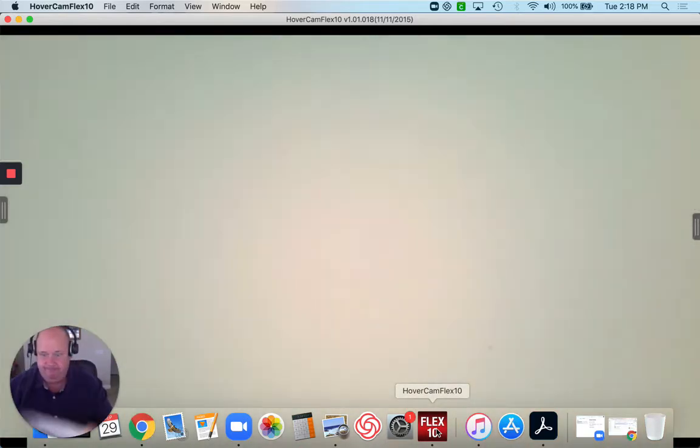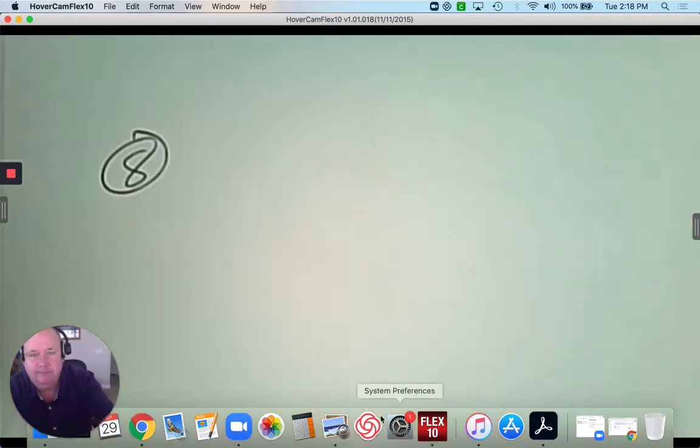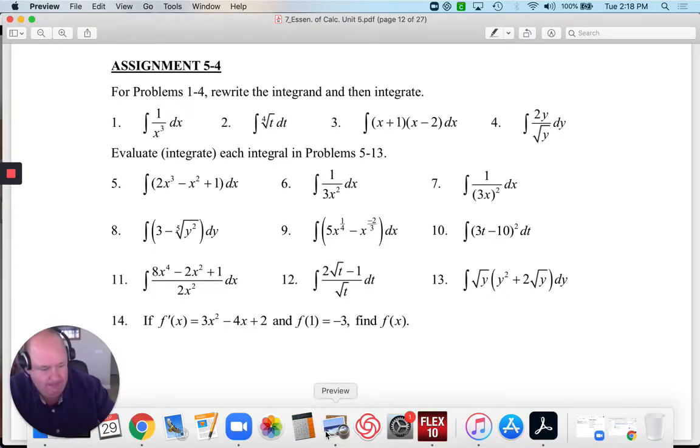Number 8. Write it calculus friendly. So I have 3 subtract. Now, how do I write down the 5th root of y squared? That's y to the exponent 2/5, dy. Then, just each one integrated. So 3 becomes 3y